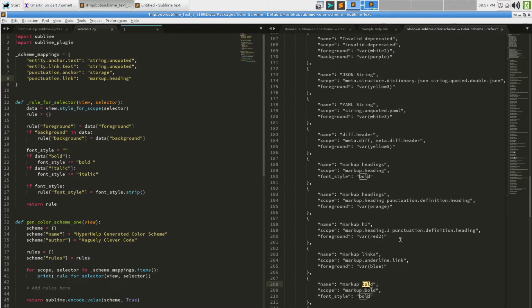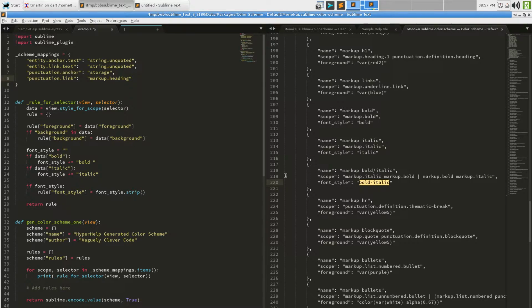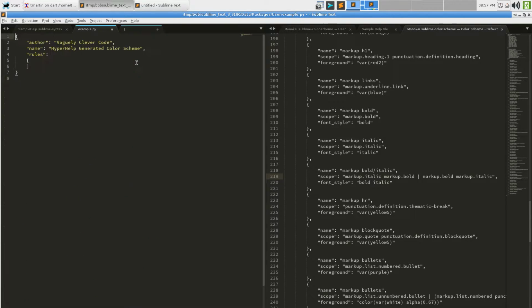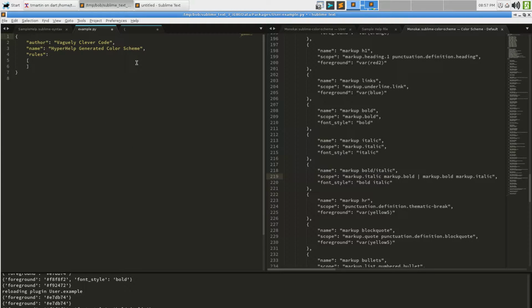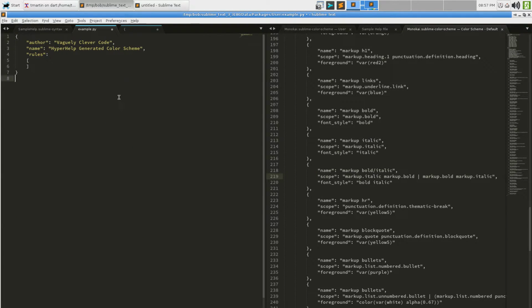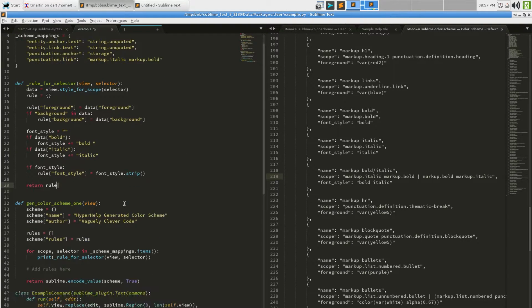And if I changed it to this scope, which I'm just going to go ahead and copy because life is too short for my terrible typing at this point, when I run it, it says font style is bold italic. All of the situations here work.